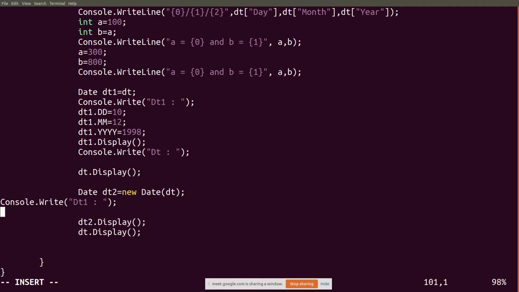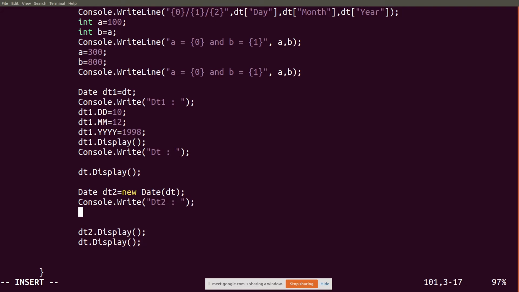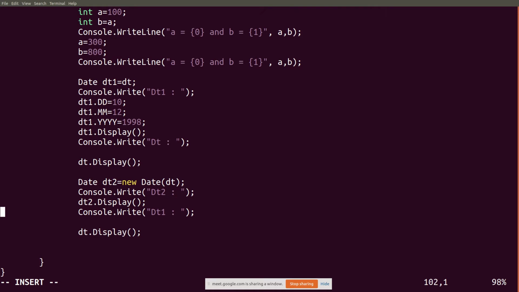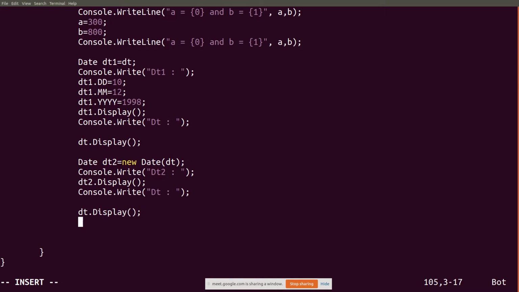Displaying dt2, then you are displaying dt again. Now we are going to modify dt2. I am modifying dt2.